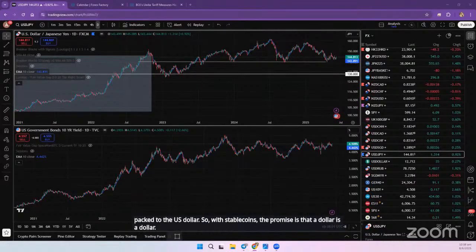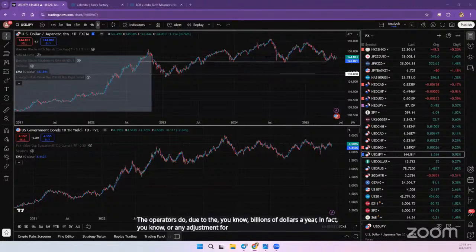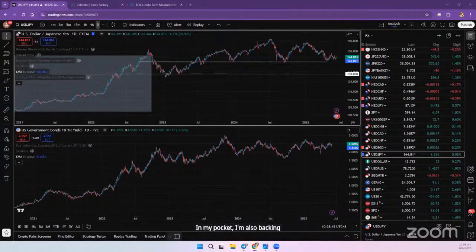They are meant to be backed one for one with reserves of equal value. So the holders of stablecoin do not receive interest, but often the operators do, due to the billions of dollars a year, in fact, or any adjustment for inflation, because they are the ones backing the stablecoins with a dollar for dollar value. So if I am an operator, I sell you $10 worth of stablecoins, in my pocket I'm also backing my $10 of stablecoins with $10 worth of US dollar, for example,